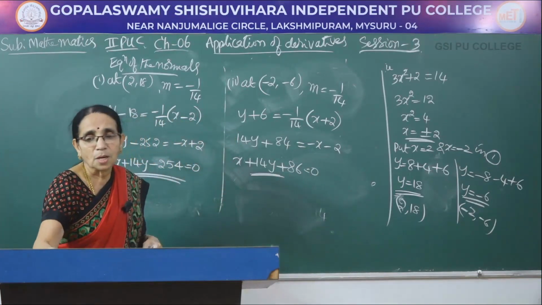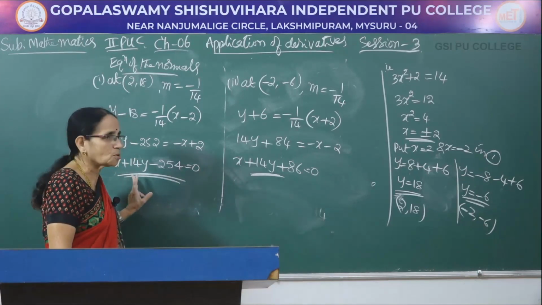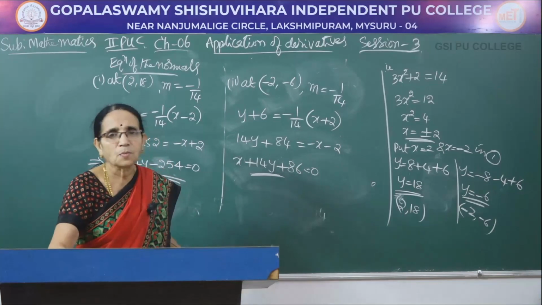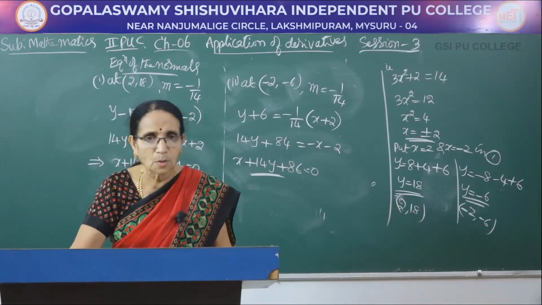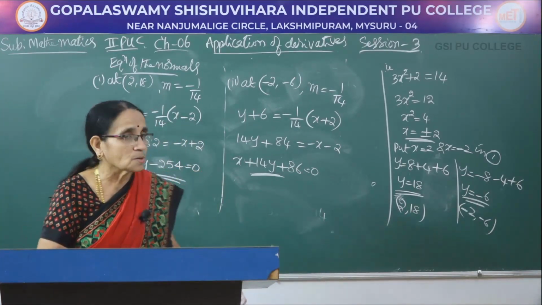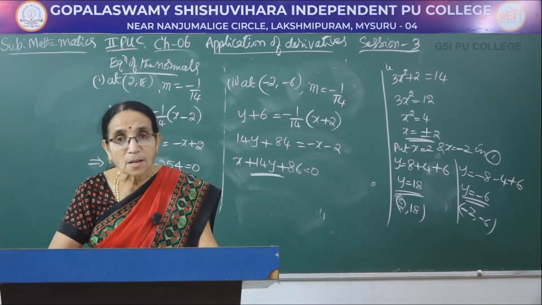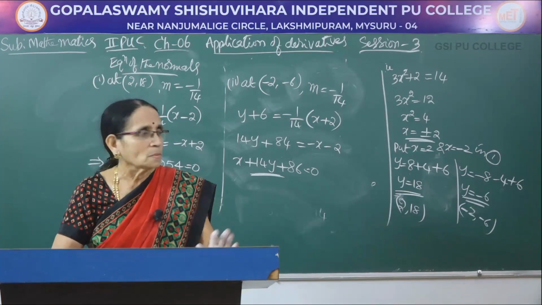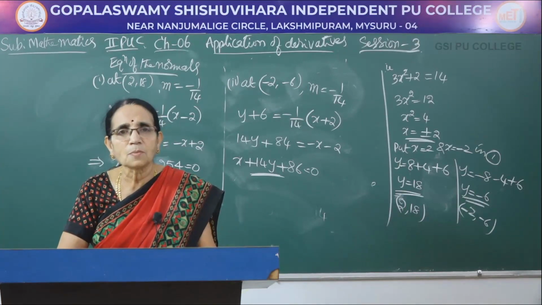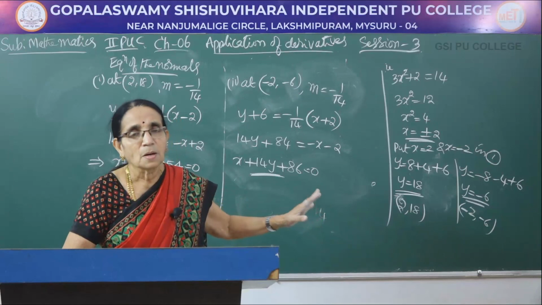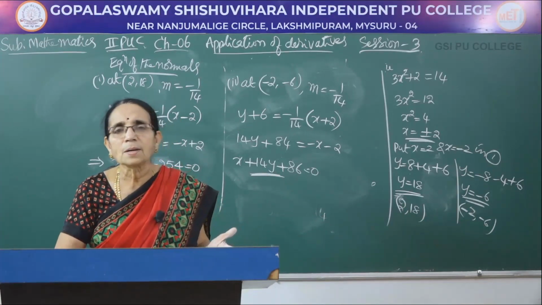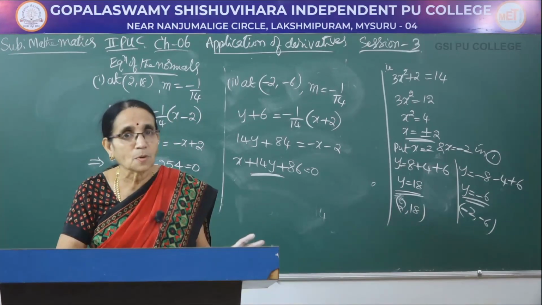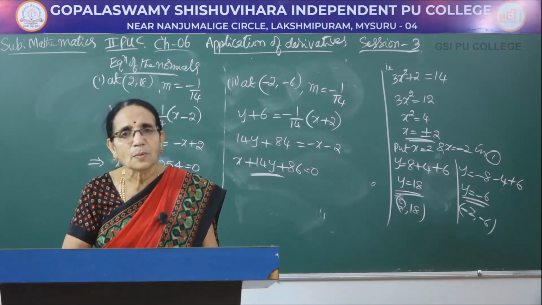See, these are the two equations of the normals, x plus 14y minus 254 and x plus 14y plus 86 equal to 0. So these are the equations of the two normals which satisfy the condition, that is both of them are parallel to the given line. So here only the points are given, at that stage we stop. If in the previous problem I calculated the equation of the tangent, here I calculated the equations of the normal. There were two normals here, both of them we have calculated.